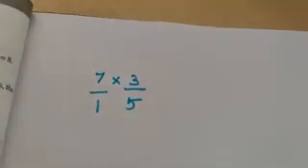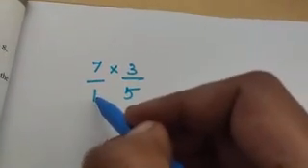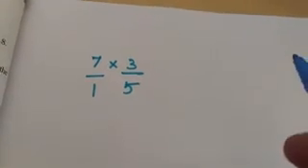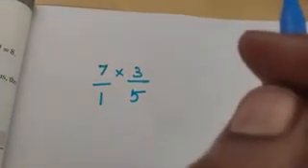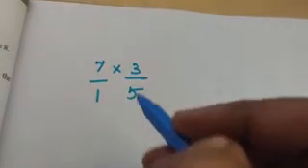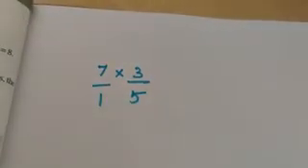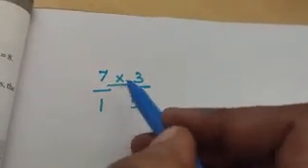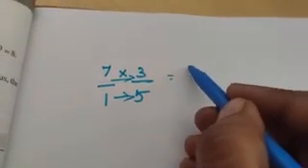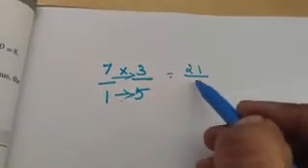First we will multiply 7 by 3 upon 5. First you have to check that if the denominator is not given, you have to write the denominator as 1. Multiplication is so simple, you multiply directly and write. Here you don't need to find the LCM in this fraction. Just multiply numerator with numerator, denominator with denominator, right? That way you multiply it. So 7 into 3 is 21 upon 1 into 5 is 5.